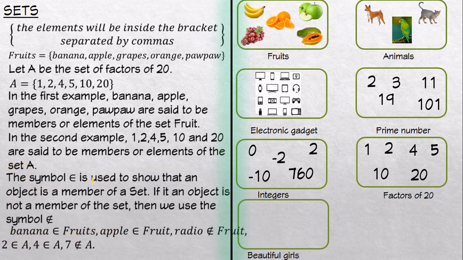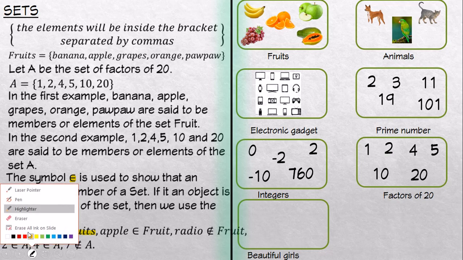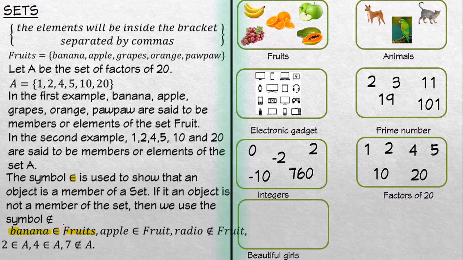Okay, so when an element is found in a set, or when an object is found in a set, we use this notation over here, or this symbol over here, to show that the object is in that set. So over here, realize that we have banana. So banana is an element. So this symbol over here is read as